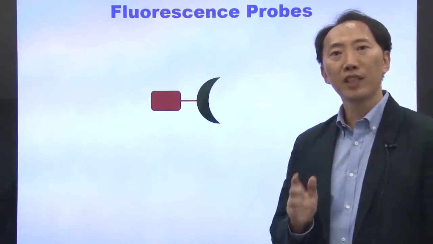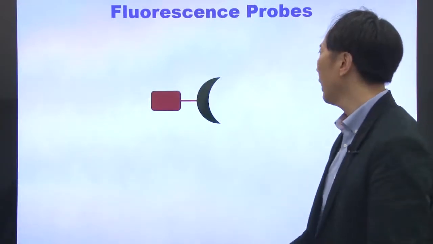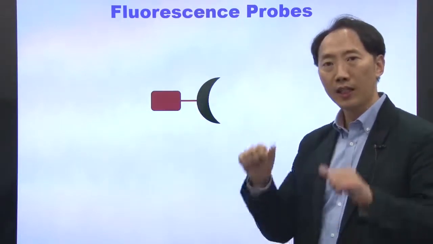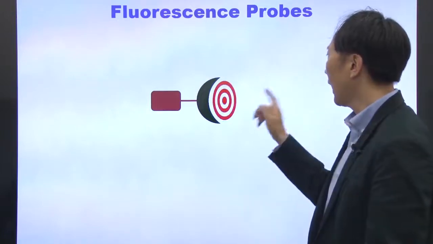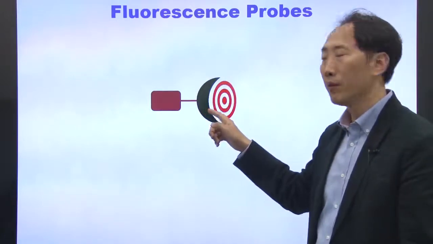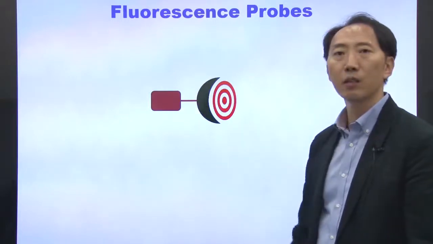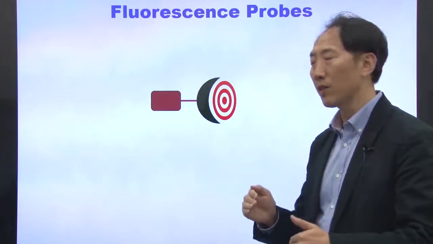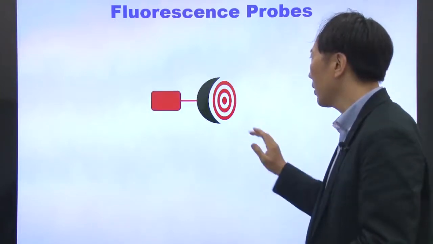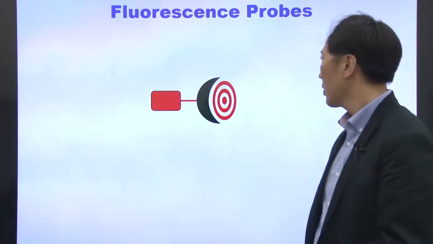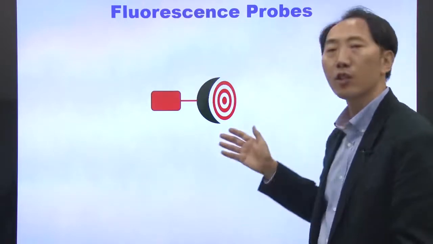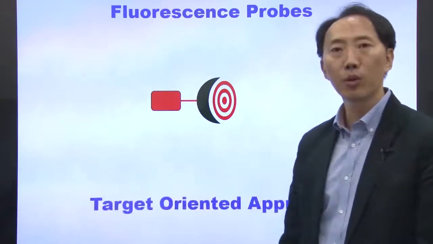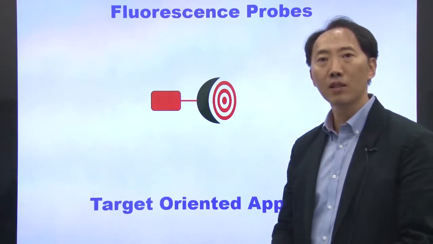If chemists want to design this kind of sensor, conceptually, most likely you can make one binding motif and one reporter motif together and then connect them. If the target molecule binds to this binding motif, this binding event affects the reporter motif, and sometimes it can change color, or increase or decrease fluorescence. This is the concept of probe design. From the beginning, you know which is your target protein. That's why this approach is called a target-oriented approach, or sometimes a hypothesis-driven approach.